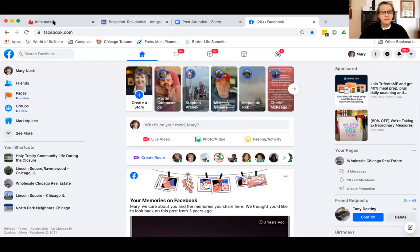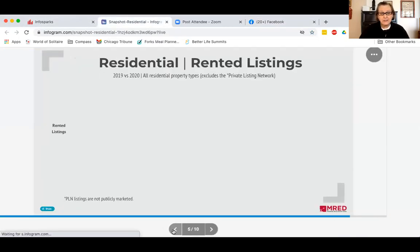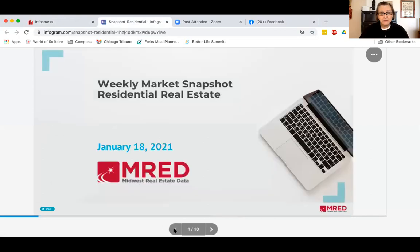the market. Let me share my screen and pull that up for you. Let's see, where do I do that? Oh, here we go. Okay. I have to shut this up, I guess. Okay. All right. Hopefully this is showing you my usual graph that I share with you on our monthly market